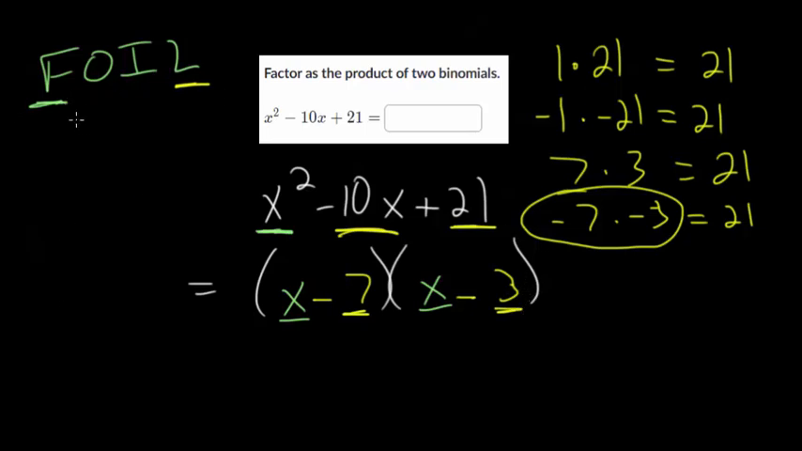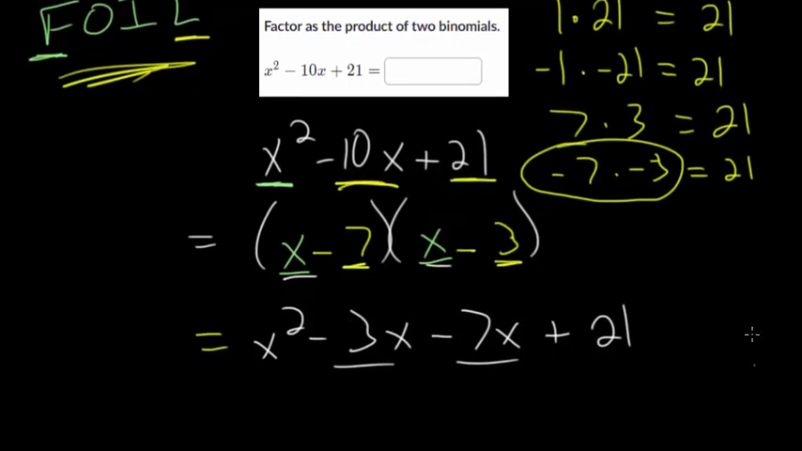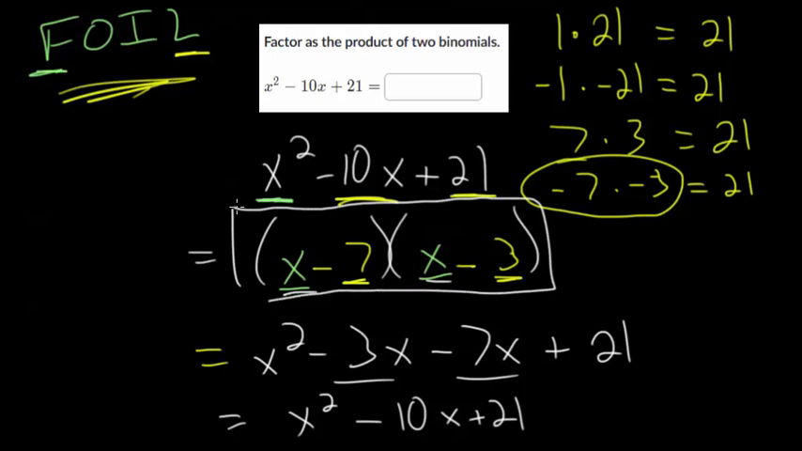And let's test this by using the FOIL method to multiply it out. So when you do that, you get x squared for these first terms. The outer terms give you minus 3x. The inner terms give you minus 7x. And the last terms, the minus 7 times minus 3, would be a positive 21. And from here, you can combine these two middle terms since they're like terms. And when you do that, you get x squared minus 10x plus 21. And since this was the original expression that we started with, we can feel very confident that this expression here